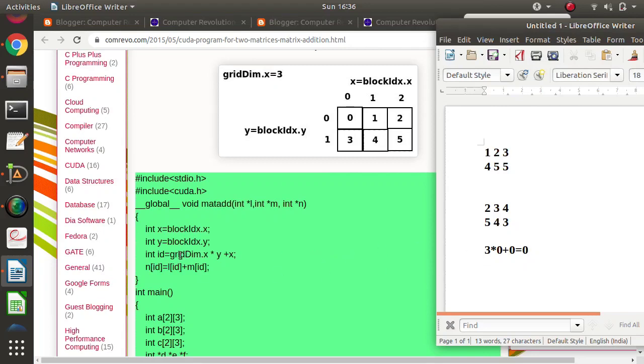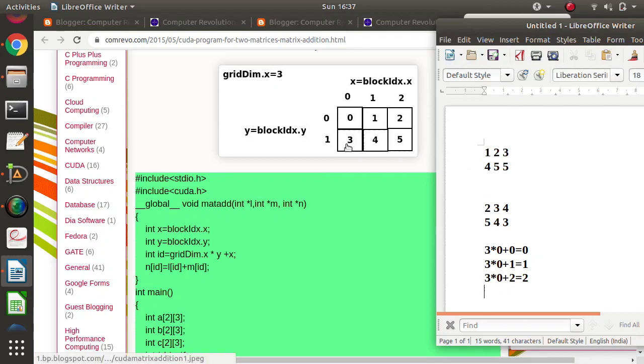Now look at this. Griddim dot x, that is 3, into y, where y is 0, plus x. The value of x is 1, so it will become 1. In the same way, we'll compute for this: griddim dot x, that is 3, into y, where y is 0, plus x, where x is 2, so we will get 2.